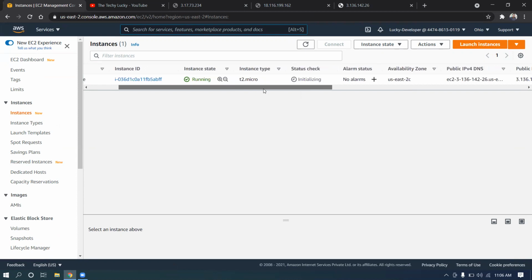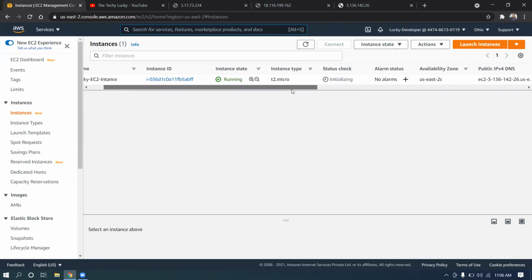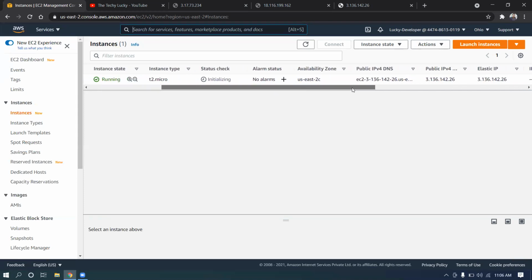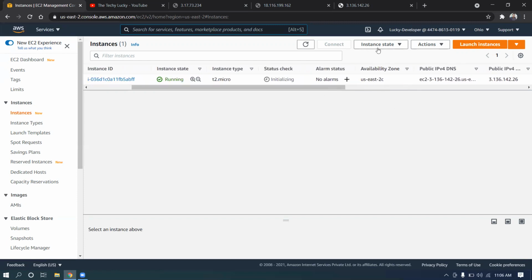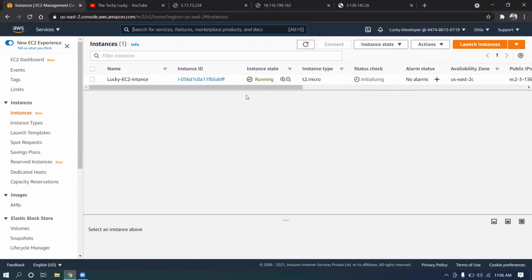Such kind of questions you will be able to see as part of your AWS certification. Okay, let me tell you one more thing here. If you see the availability zone, it automatically chooses the availability zone. Okay, so it's US East 2. We have three availability zones. I have not decided on any specific availability zone while creating the EC2 instance. I just simply said that you can choose from your side. So any one of the availability zones will come into the picture whenever it's available. Even in the Mumbai region, I have seen most of the time there are three zones, like AP South 1A, AP South 2A, right? So like this, there are some zones, and one of the availability zones is down.